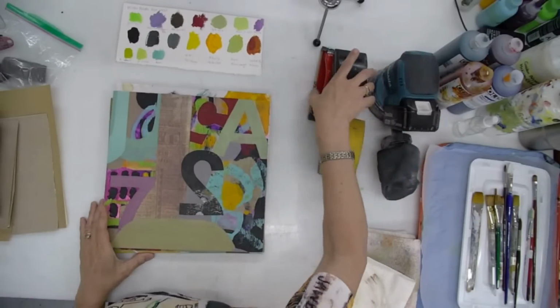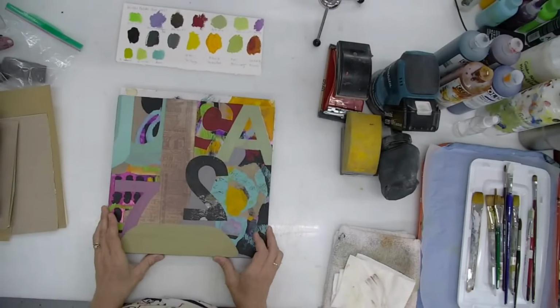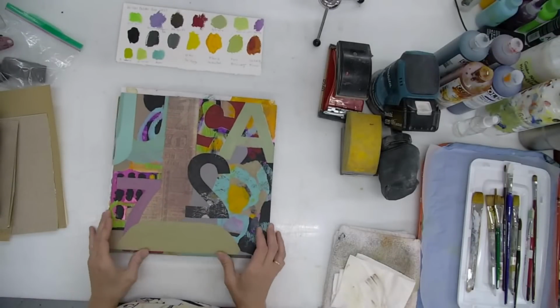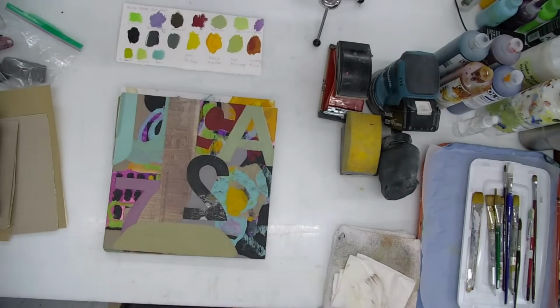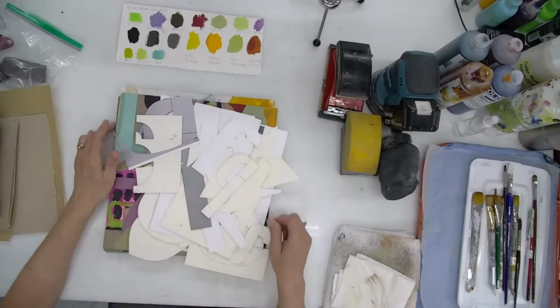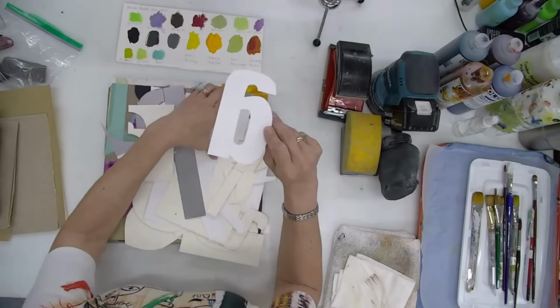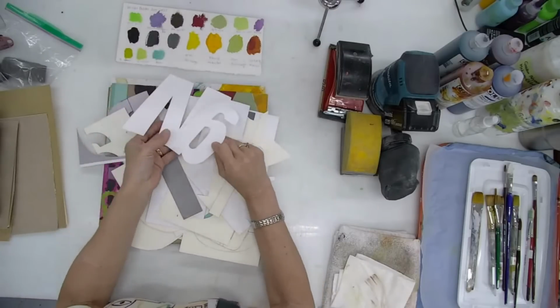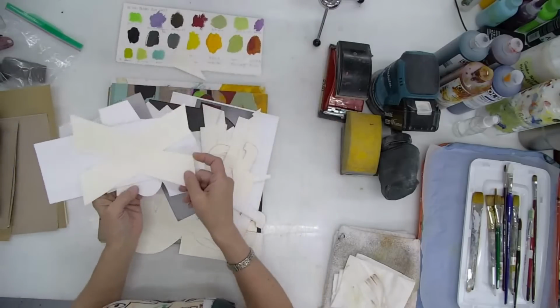Okay, so with this series, the other thing I wanted to talk to you about was the fact that I've always known I love letters, and I guess I talked about this previously, but as I've worked on this series and made my own stencils, let me just grab some of those. I do use some store-bought things, but I'm often trying to make my own. Look, this is a letter here, and I cut these out of Bristol board, and I've just been cutting and cutting and cutting, right? So these are always here for me to use on the next series,